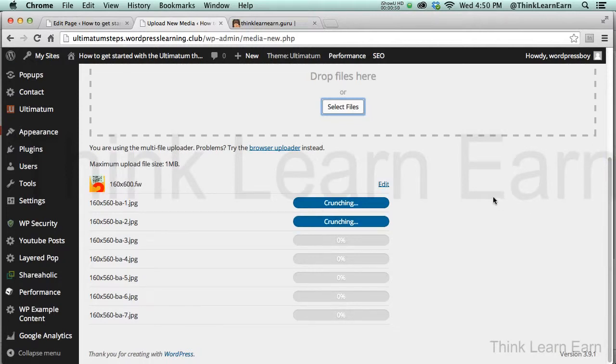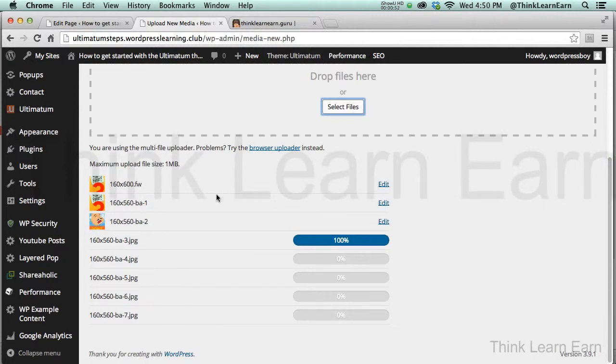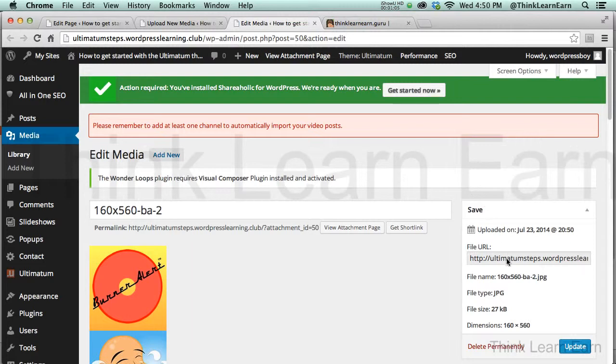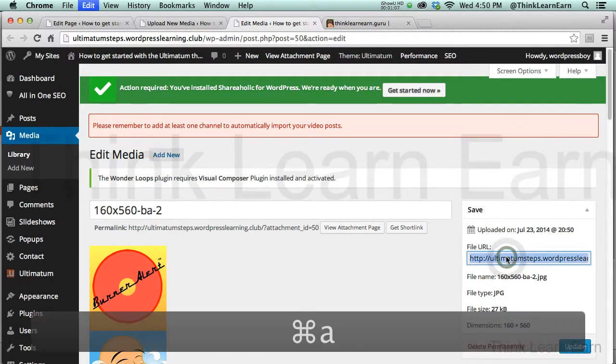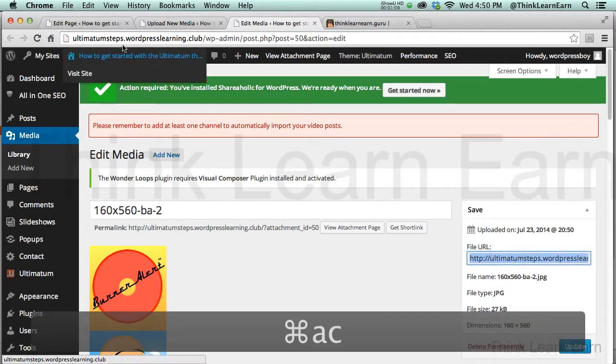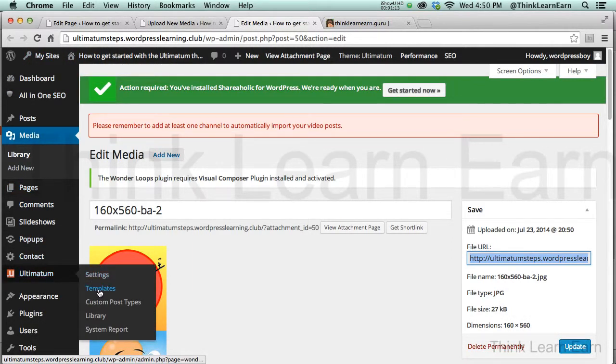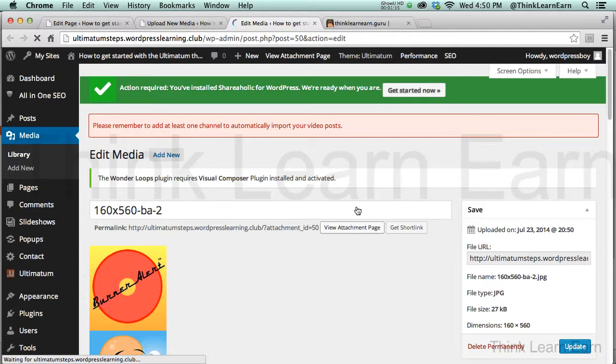Now, here's the super cool part. What I can now do is get a series or one. These can also be animated GIFs, so therefore they can be a rotated banner ad as well. So I'm going to edit this particular ad right here and get its URL. I'm going to take the URL and copy that. So therefore, when I go back into my WordPress theme, templates,